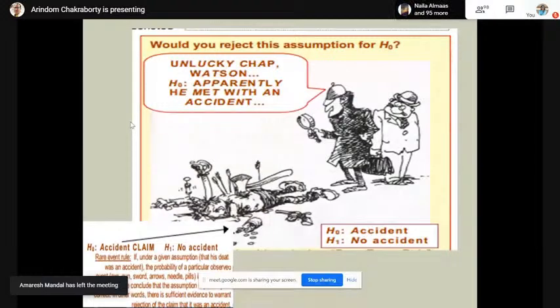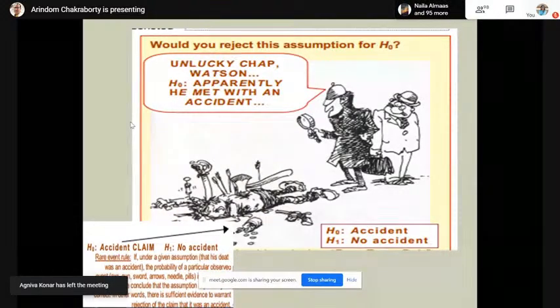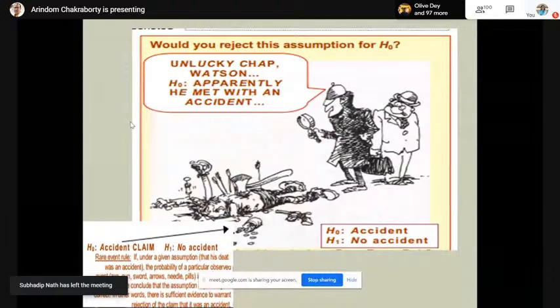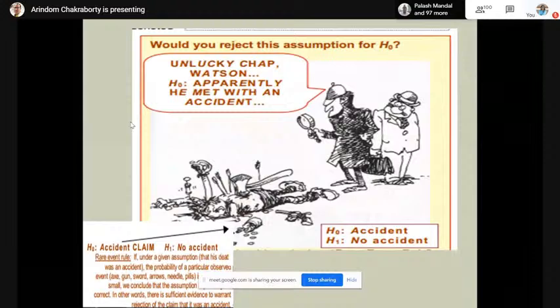So do you agree that this is an accident? Probably not. If it's not an accident, then the probability of the null hypothesis, the probability that this is an accident, should be very small, because it is quite impossible that by accident so many bows would enter someone's body. There was another gun lying there, and the axe was hitting just the back of that person. Combining all this evidence, we are quite sure that the probability of an accident is very small. This is what is called the concept of p-value.